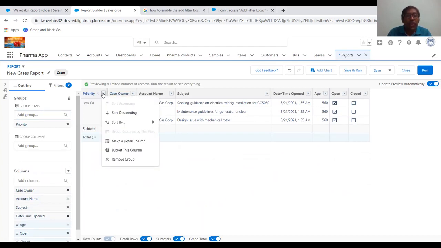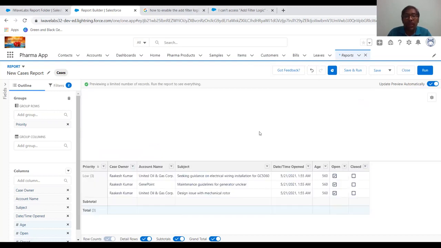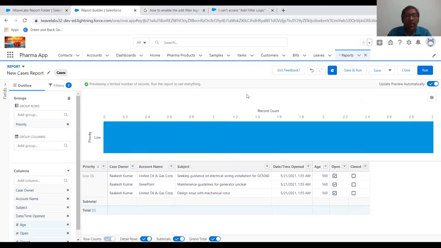It's grouped by priority or record count, whichever you already selected. Here it shows only low, but sort by, I'll go with priority. It shows only low, fine, that's not a problem. Now you have to click and add a chart, a bar chart or a column chart.